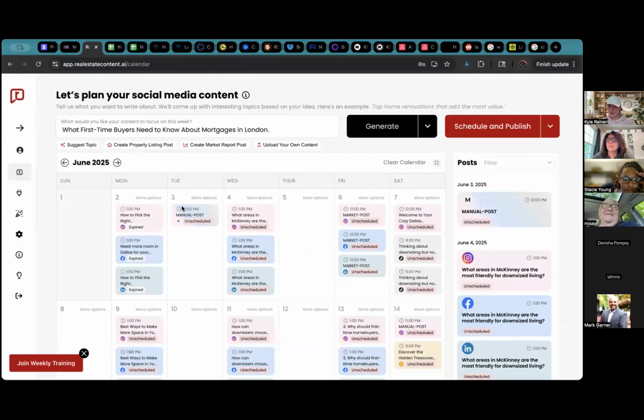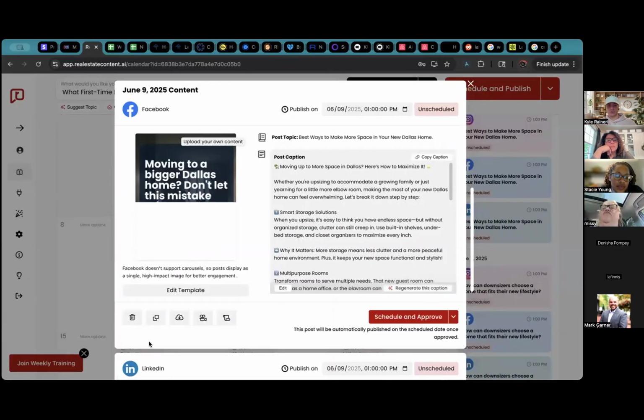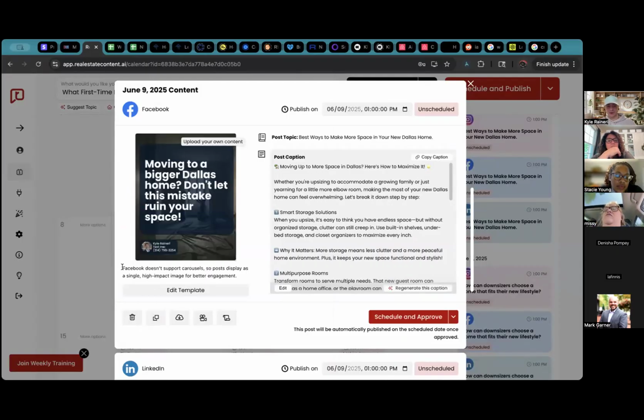So carousels are supported by Instagram, LinkedIn, X, and TikTok. No, TikTok's just doing video now for their uploads. On Facebook, they all display differently. So every single social media profile allows you to post multiple photos at once, but every single social media profile displays them in a different way. So Instagram is going to have that traditional carousel style. Facebook is just going to post a whole mess of images at one time. In fact, that's actually why we have set up our system to not post carousels on Facebook,